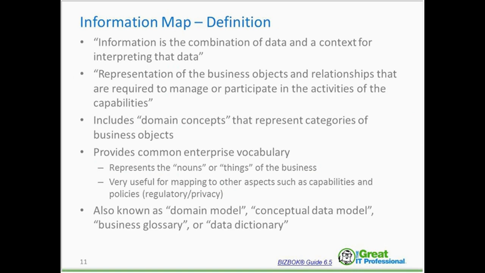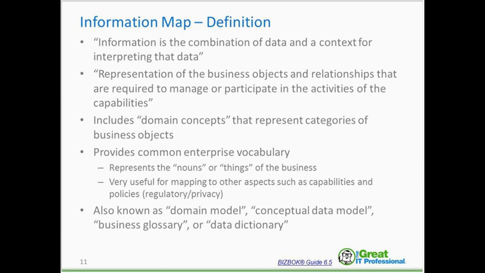So according to the BizBok guide, what is an information map? It's basically a representation of the different kinds of business objects and relationships between them that are required to support the activities related to individual capabilities. This includes not just information concepts, as you'll see in a little bit, but also domain concepts to represent groups of related business objects. Ultimately, we're trying to build a model that is a representation of a common enterprise vocabulary,